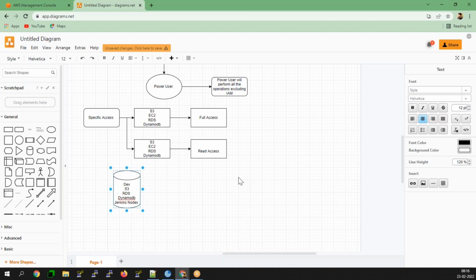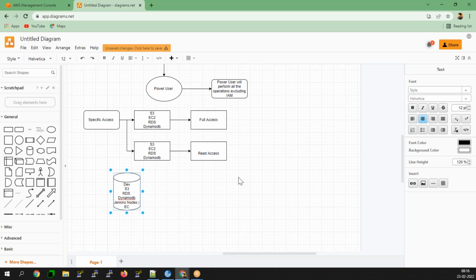You need to provide access to the EC2 instances. This is how it's going to happen here.